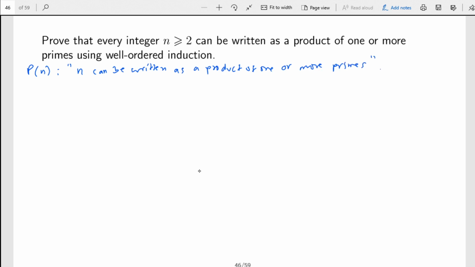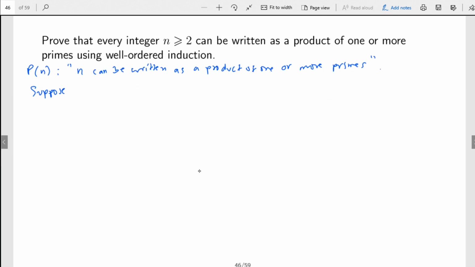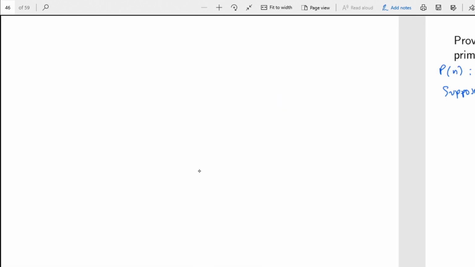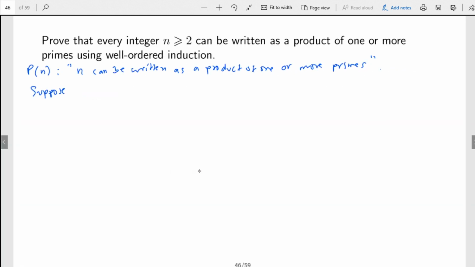Now we just need the inductive step, right? So we want to show that for every y in S, and S here is the set of integers greater than or equal to 2, that if P(x) is true for all x less than y, then P(y) is true. So we want to show the inductive step,